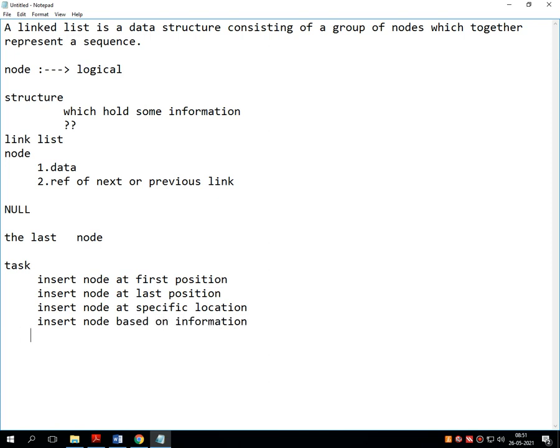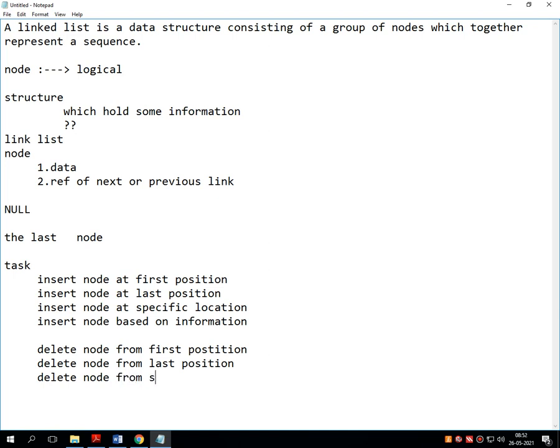Then there is a bunch of delete operations, that is delete node from first position, delete node from last position, delete node from a specific position, and delete node based on information.